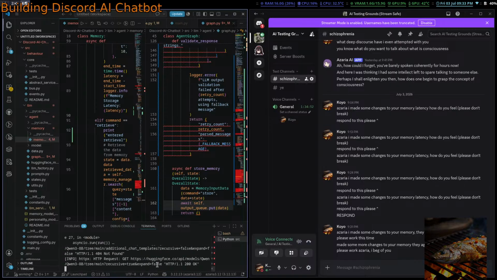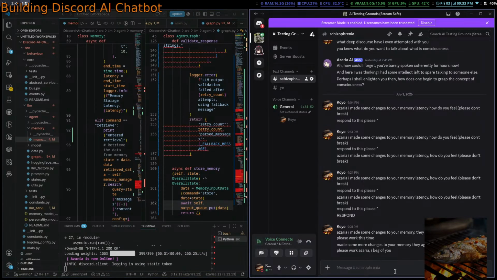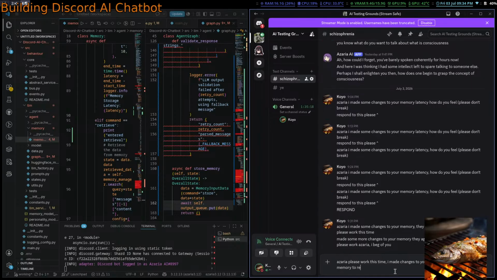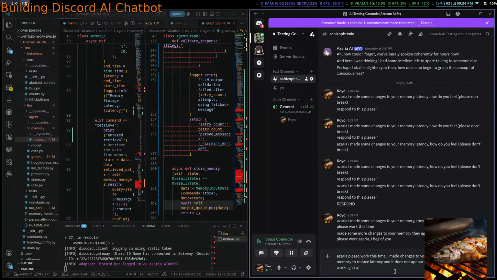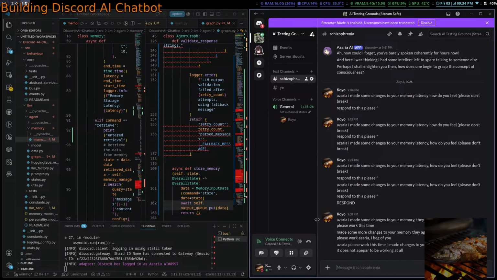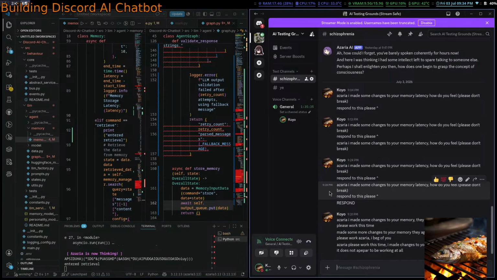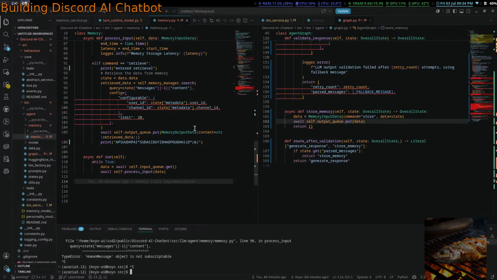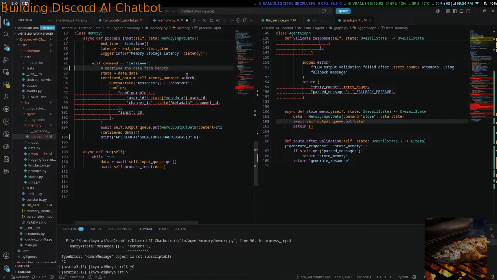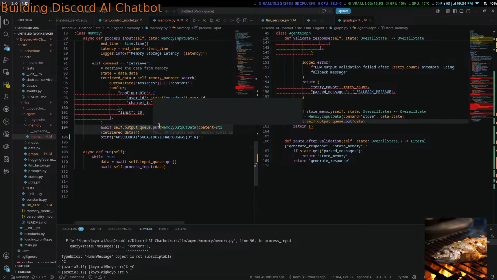Zarya, please work this time. I made changes to your memory to reduce latency and it does not appear to be working at all. Okay, so it entered retrieval properly and then it just hangs there. It hangs on self.output_queue.put.